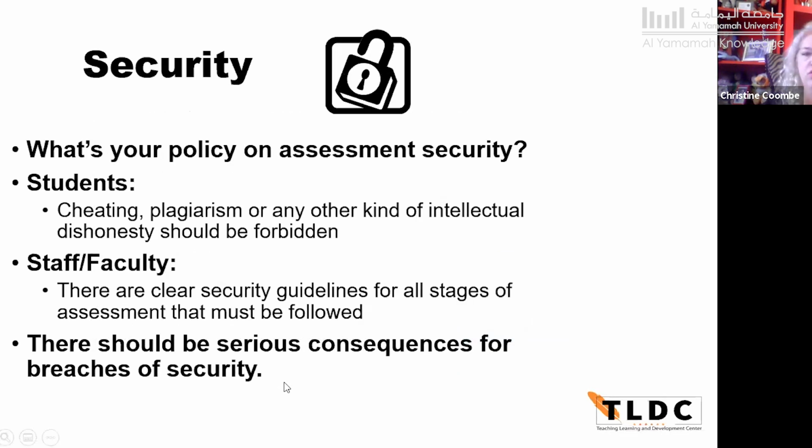our last cornerstone, that of security. When we put in a lot of time developing tests, we want to make sure that we can reuse tests. We can't do that unless we have some kind of test security measures. So hopefully you have procedures in your department in place to keep tests secure, meaning out of the student's hands.